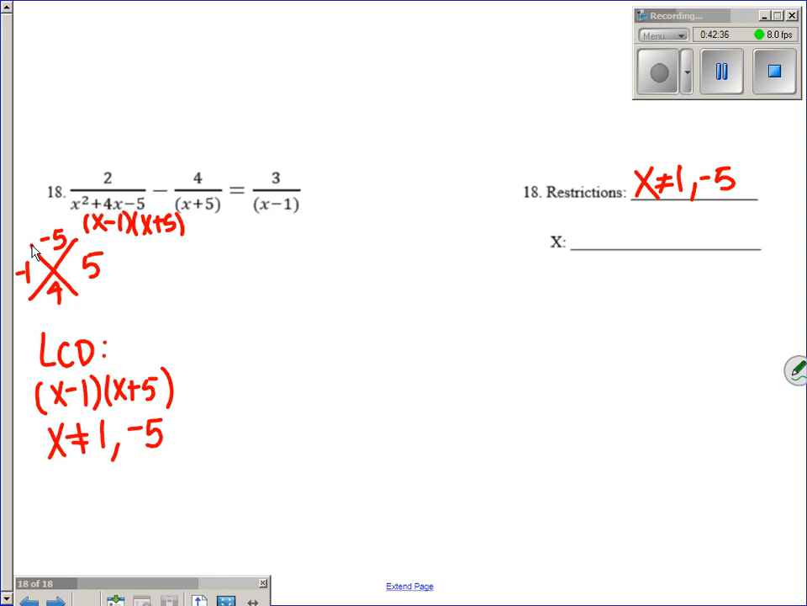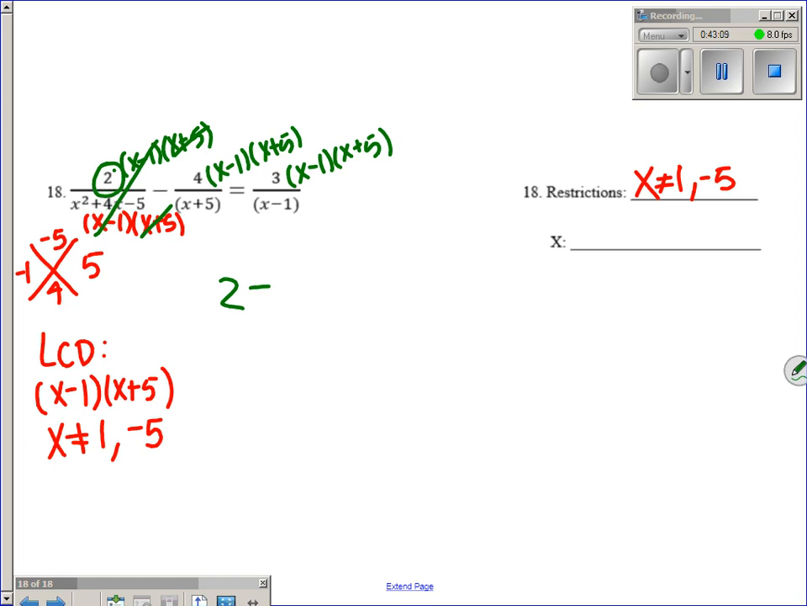So at this point, we're trying to multiply the numerator by the LCD so that we can cancel stuff out. So x minus 1, x plus 5, x minus 1, x plus 5, x minus 1, x plus 5. And again, there are other ways to do this problem. I just feel like this way is the way to make the least mistakes, so that's why I do it this way. Cross out the x minus 1s, cross out the x plus 5s, we're just left with a 2,